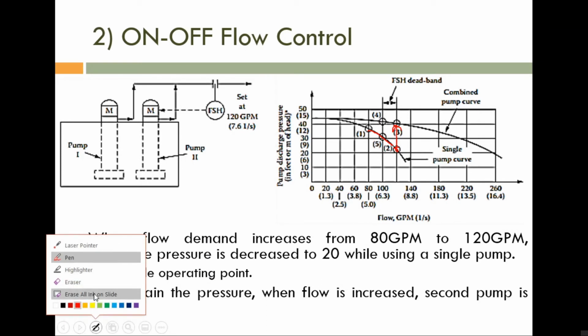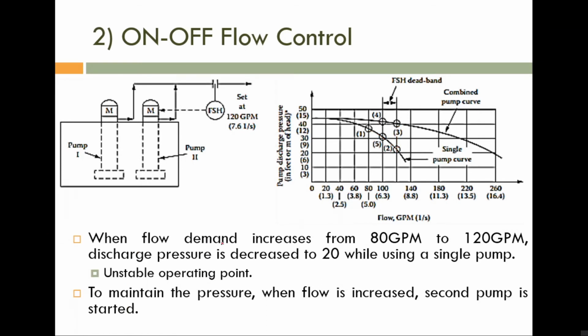Okay, now I told you if there is any disturbance due to some reason, if the flow rate is changing between 120 GPM and 118 GPM, what will happen? You can see that this is FSH, where the set point is 120. If it is decreasing to 118 GPM, again it will switch off the second pump. So again it will switch back to operating point 2. Then I told you disturbance is a continuous one, noise is a continuous one. Again if it is increasing back to 120 GPM, then what will happen? Again this one will switch back to 3.